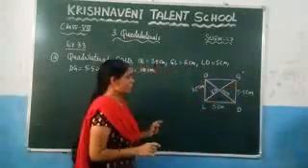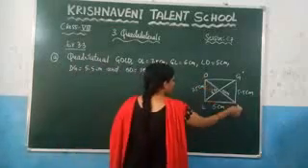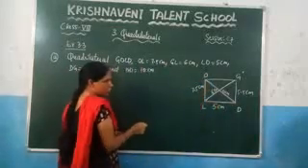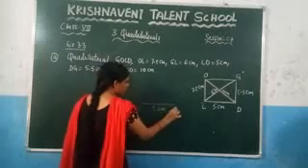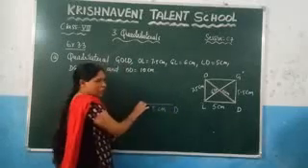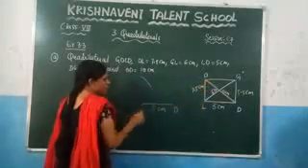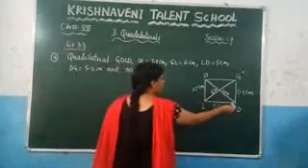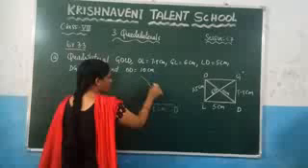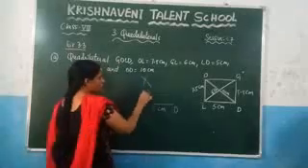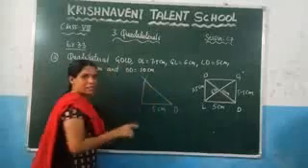I will explain separately how to draw it. First you can construct the triangle OLD. For that what we need to do? We need to draw the line segment of 5 centimeters, and after that at point L, take an arc of 7.5. Similarly at point O, take the diagonal length which is 10 centimeters. At this point you can make an arc of 10 centimeters and join this. So that you will get one triangle.